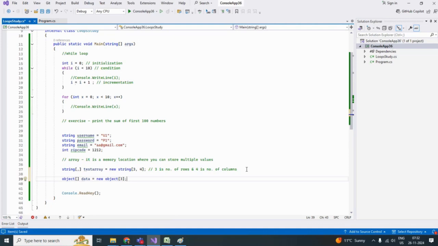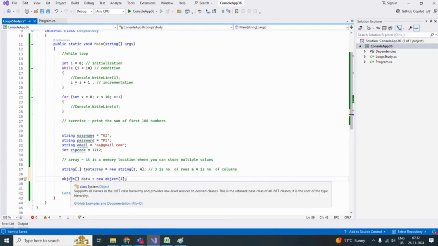Now, if I hover over string, it says class System.String. If I hover over object, it is System.Object. It is an inbuilt class inside C sharp. We will study it in detail as we move on with our course, when we actually read the data